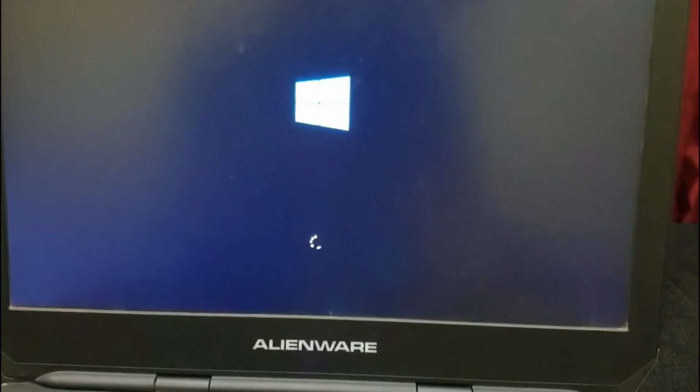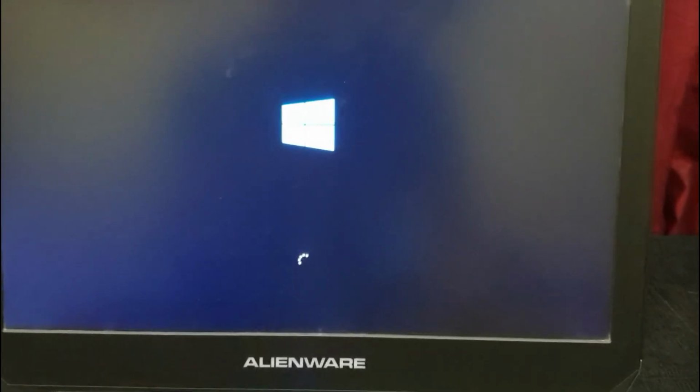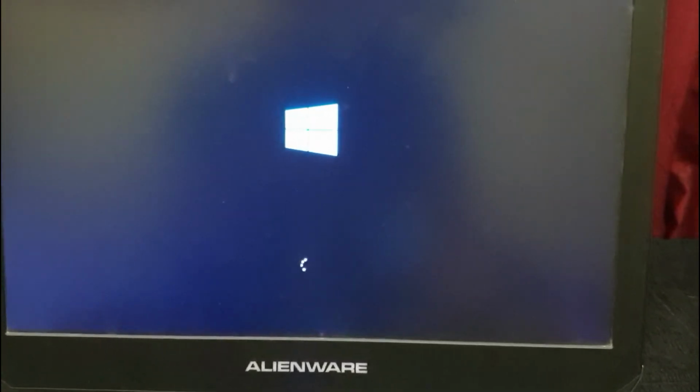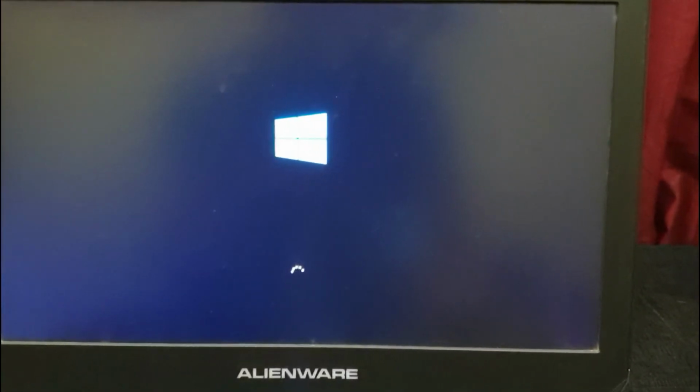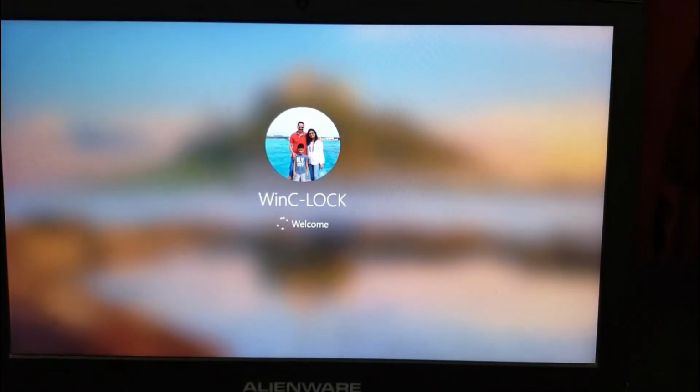So this is a very life-saving measure you should all know, and you should always have one bootable drive ready at home, just in case, because of electricity failure or because of some virus attack on your computer, some files get corrupted and Windows doesn't start, and then you need this.